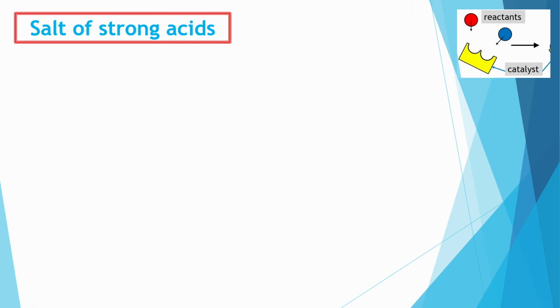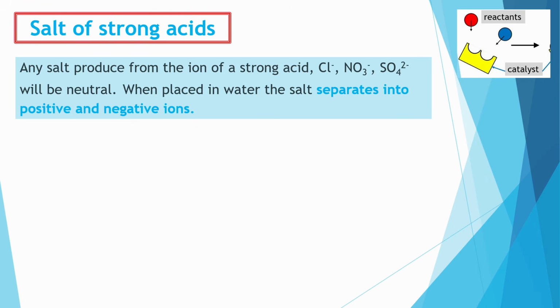Okay, so if we produce a salt from a strong acid, it's always going to be neutral. Now the salt will have the chloride, the nitrate, the sulfate ions attached to it, and when placed in water, the salt just separates into positive and negative ions because it is a salt. So examples of salts would be sodium chloride, right? If I put sodium chloride, an ionic solid, in water, it separates into sodium ions and